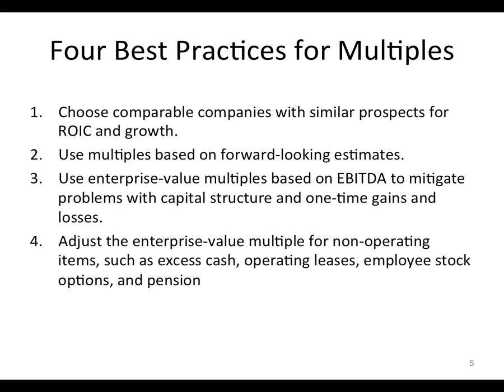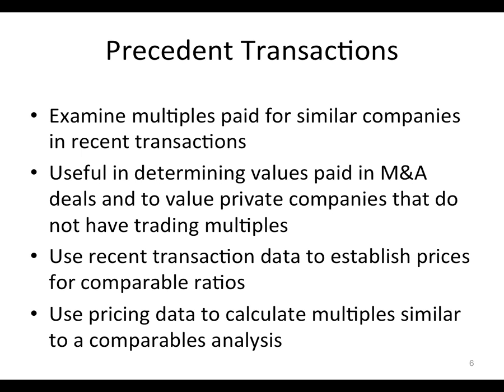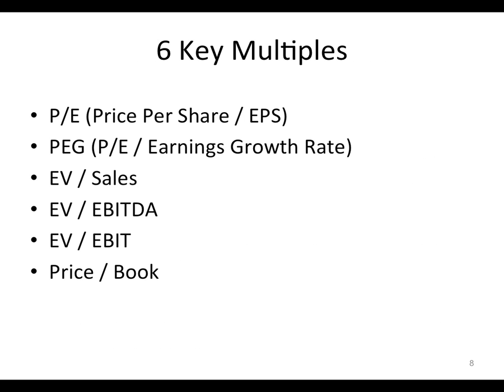That's why the pros like enterprise value multiples. This semester, you're going to work on explaining 6 multiples. These are the 6 commonly used multiples that you are going to have to understand. The first is the price to earnings multiple. Price per share divided by earnings per share. What that does tell you is for $1 of earnings, what is the market value of $1 of earnings? Okay? And again, it's a 6-factor analysis.